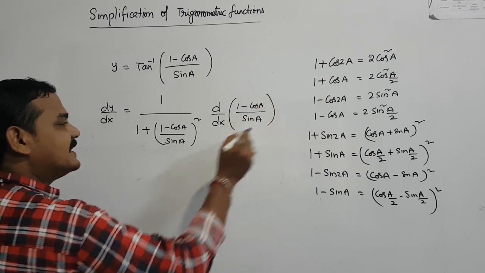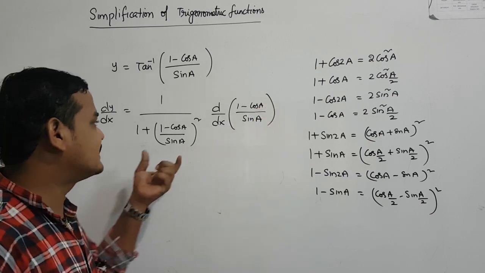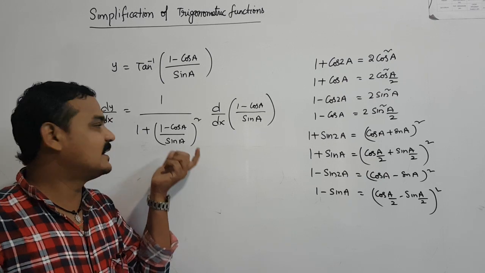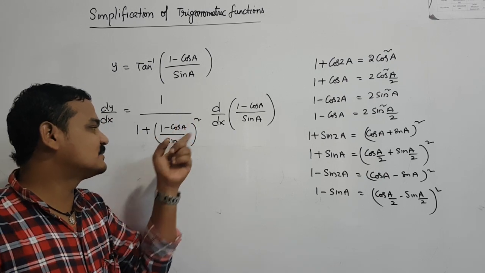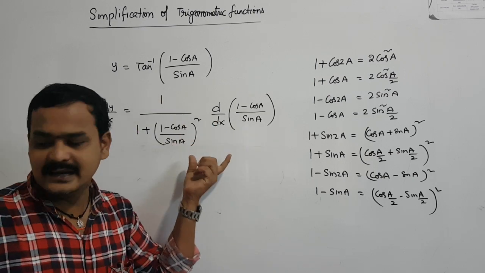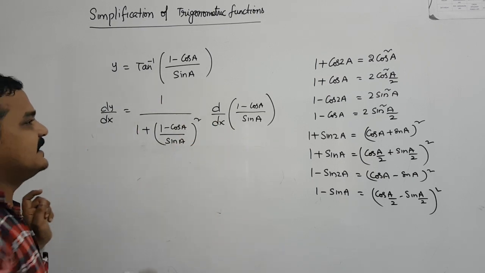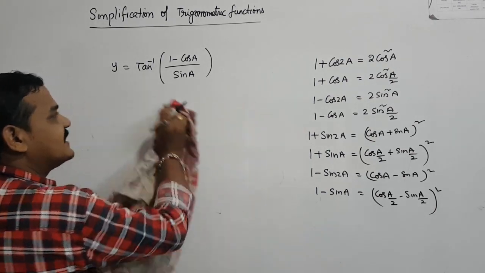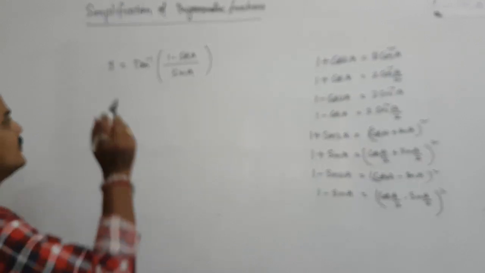You can get the answer by this method also, but the simplification is very lengthy, because you need to find (a minus b) whole square, sin square comes here, and upward again u by v. It is becoming lengthy. But here you can apply the simplification method, and then you can get the answer very easily. How can you see?